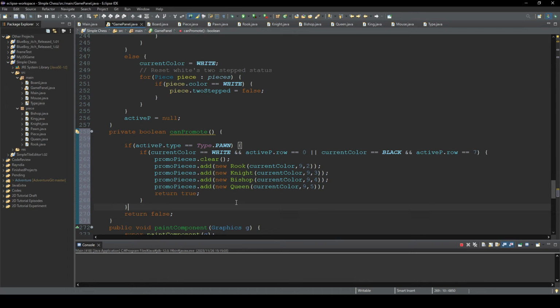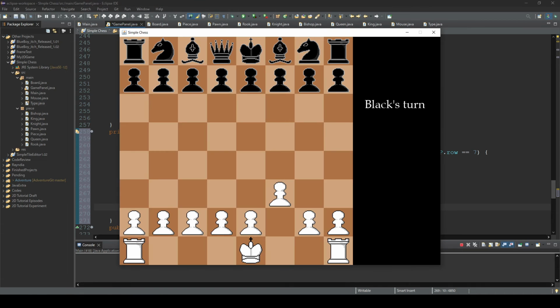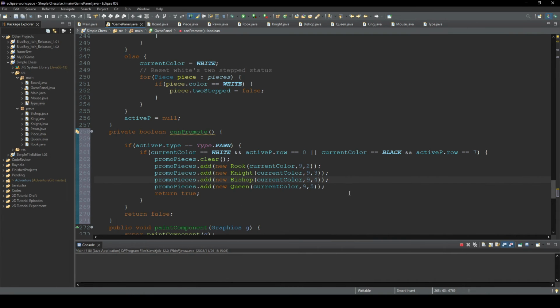Yeah, like this. So positions are like col 9, row 2. Col 9 means this is 7, so 8, 9, and row 2, 3, 4, 5, so somewhere around here. And so we add these 4 pieces to this promo pieces list, and then okay, so